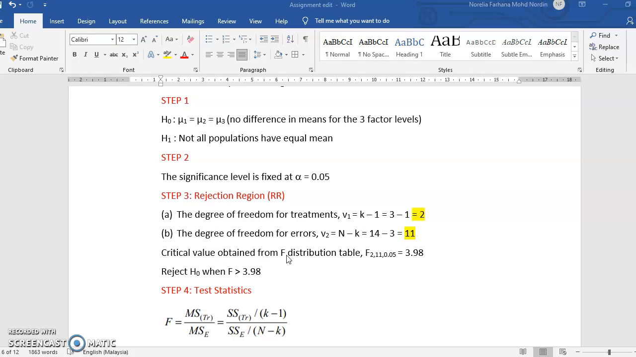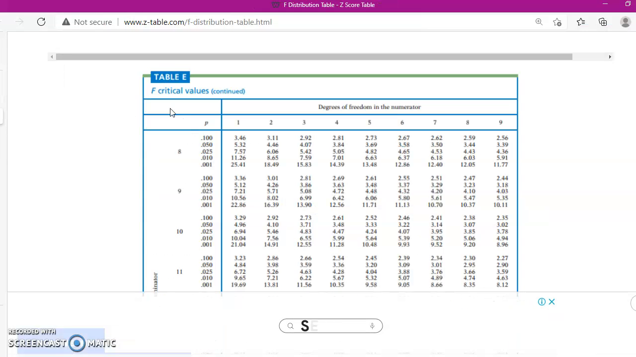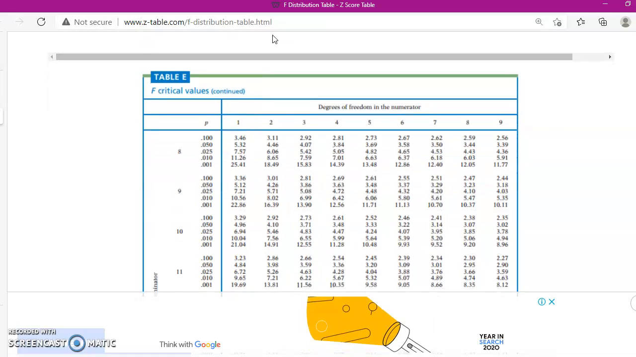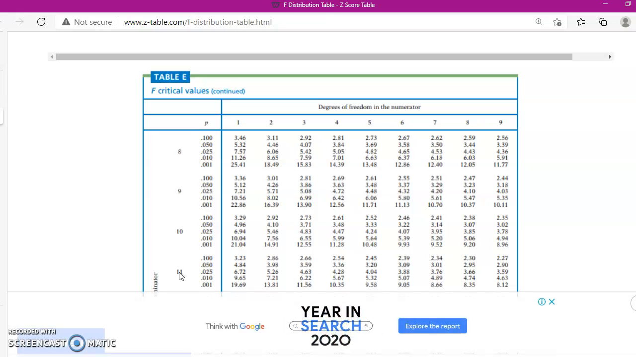Critical value obtained from F distribution table. So this is the critical value I get from the F table. Before that, we write F with small letter, number 2 for V1, 11 for V2 and 0.05 for alpha. So we look at the F critical value. This table can be found in this website. Okay, V1 is 2, V2 is 11, and the alpha is